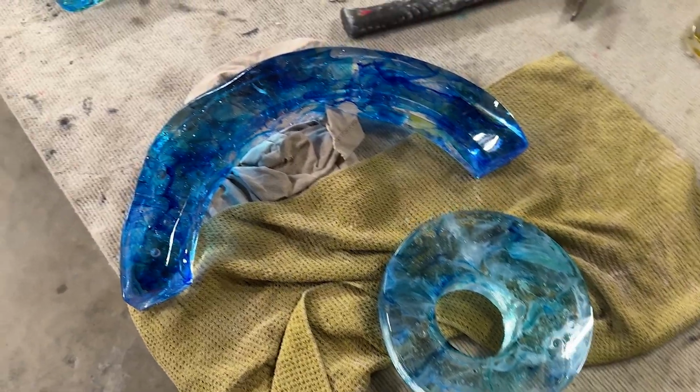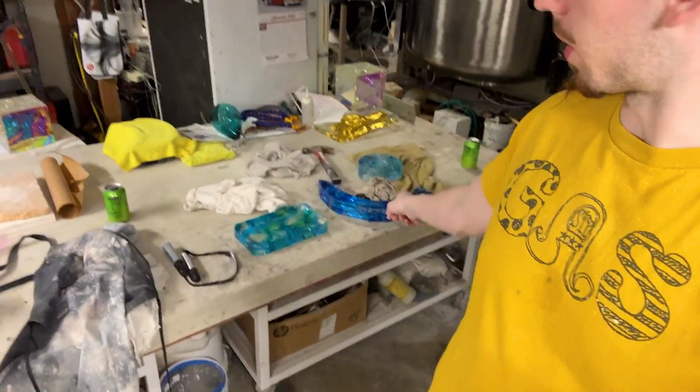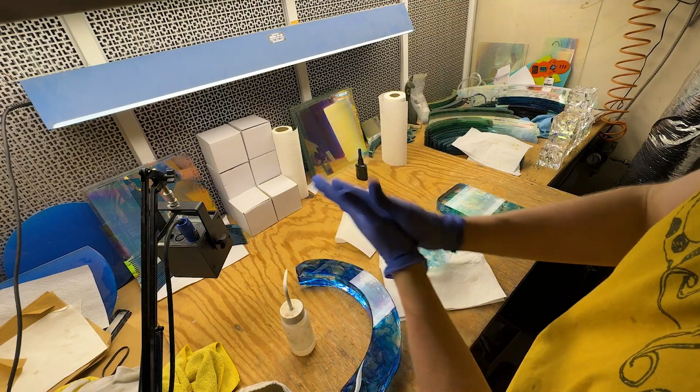At long last, all 3 components are now complete. I'm going to get all these components here cleaned, we'll then glue them together, and then we can call this project done. In order for us to attach all these components together, we're going to use a special glue that